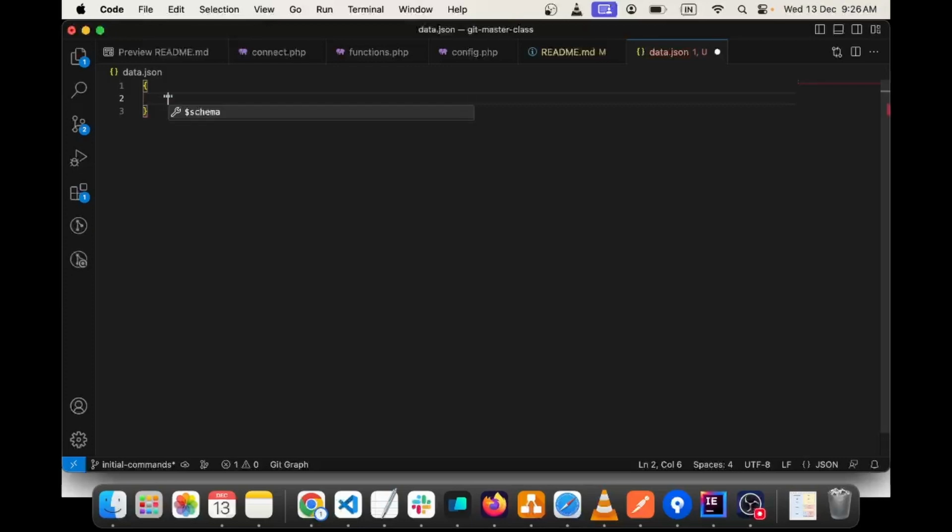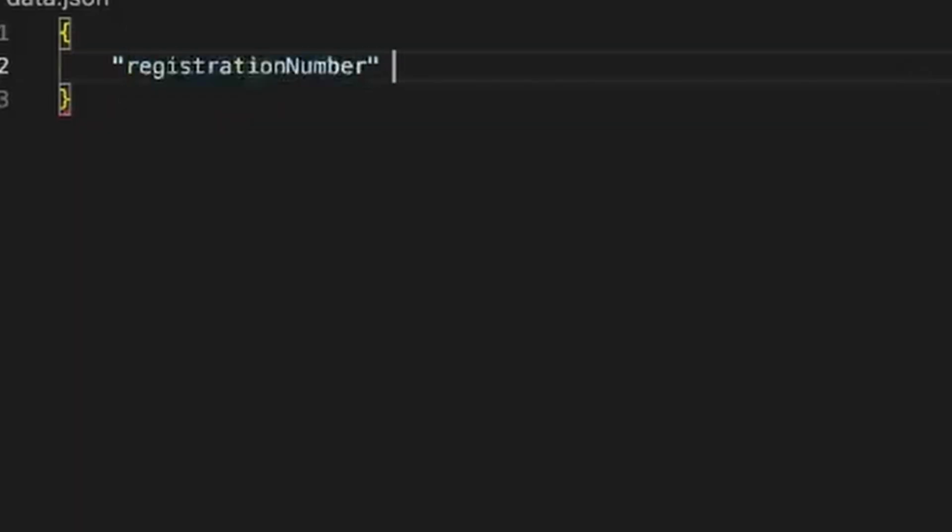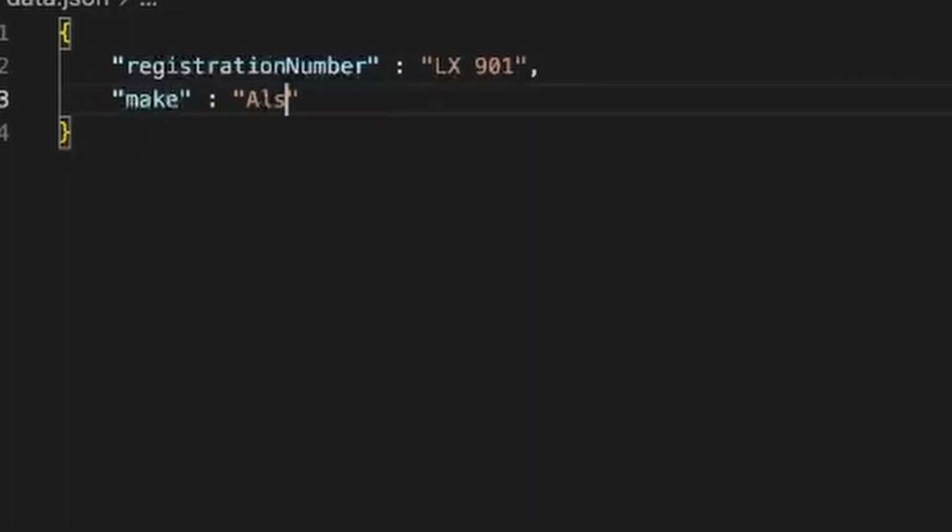So we would create an attribute called registration number, and LX901 is the value. So this is the first piece of information we placed inside this. We have encapsulated this information in these curly braces. We already know that a curly brace start and end means we have defined an object with these attributes. Then we can define make here, and the value is Elseven,